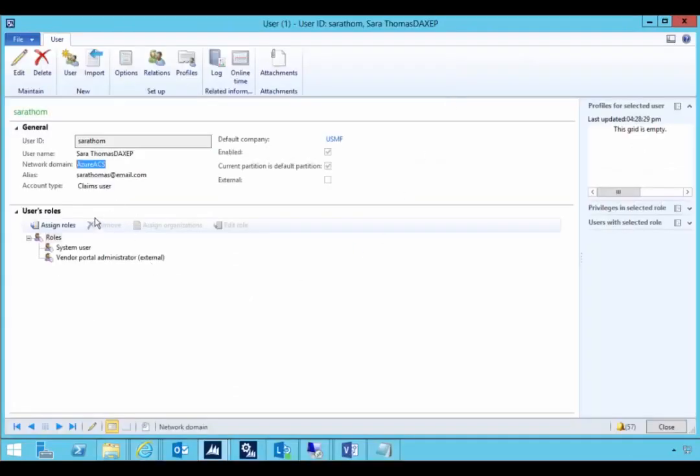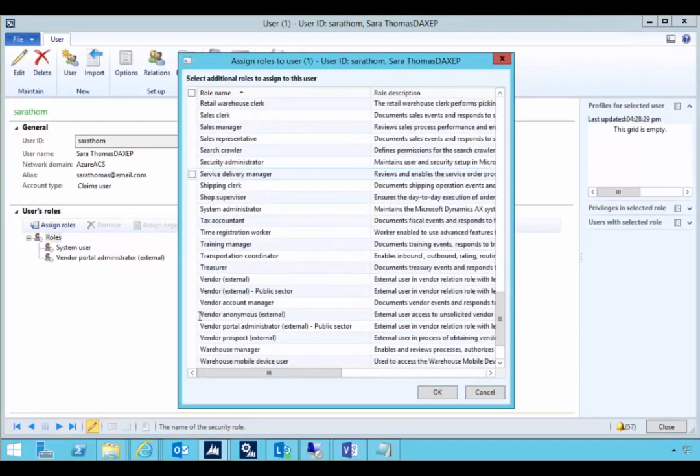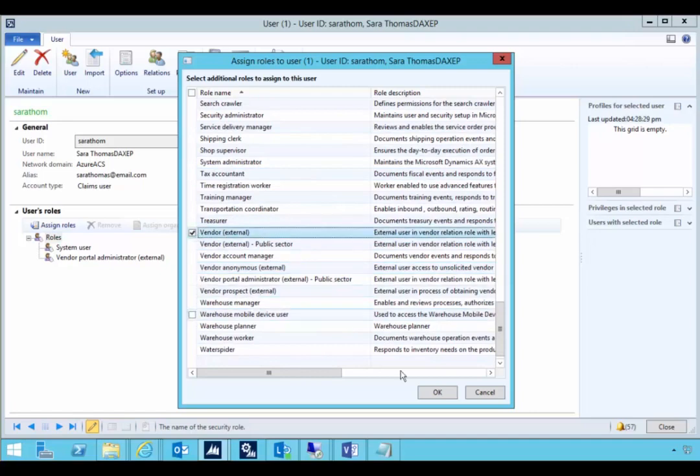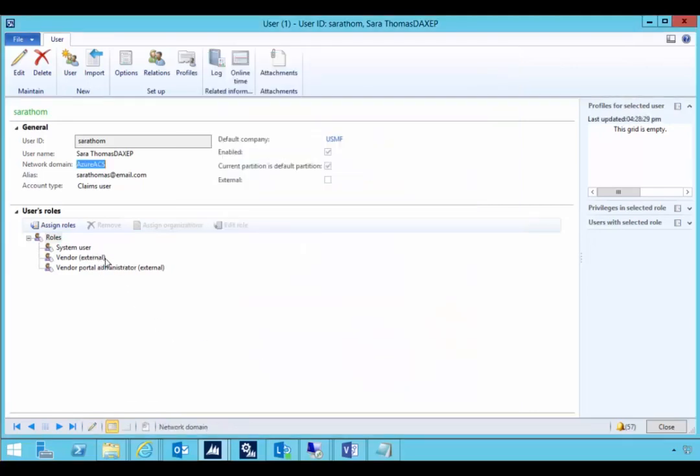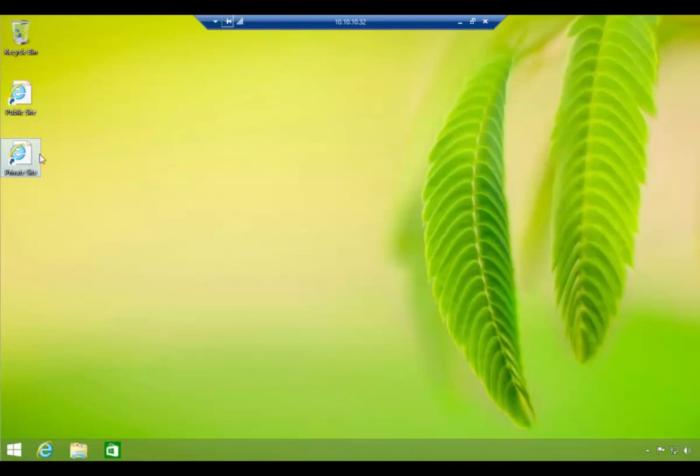So those will match, and so effectively AX is leaving it to SharePoint and then leaving it to that identity provider configuration to authenticate the users. So at this point, Sarah is now a user. She has certain permissions. We could certainly go and change those permissions in the system. So for example, I could add the vendor external role to give her extra permissions on the system. If we now go across and we try to log on to Enterprise Portal,